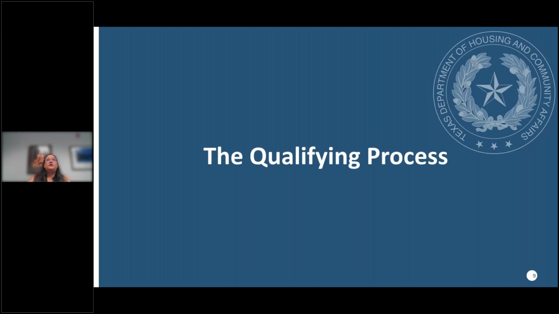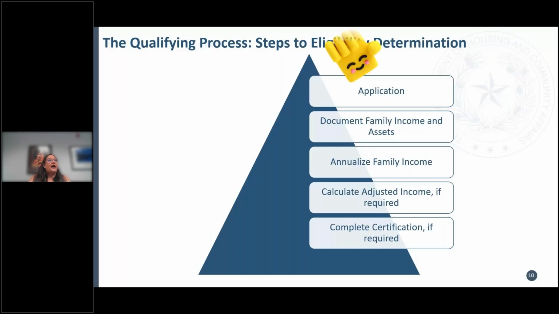So the first step in the qualifying process is the application. First off, they've got to tell us about their household and their family and who has what money and who has what assets, so that we know what we are looking at as far as the screening process goes. And when I talk about screening, I'm not talking about credit, criminal, and background screening. I'm talking about they filled out the application, you sat down with them in kind of an interview process, and you said, oh, I see here that you work. Oh, I see here that you have child support.